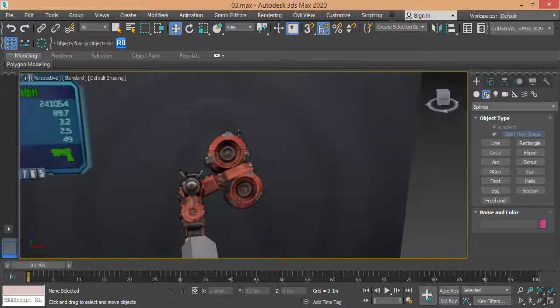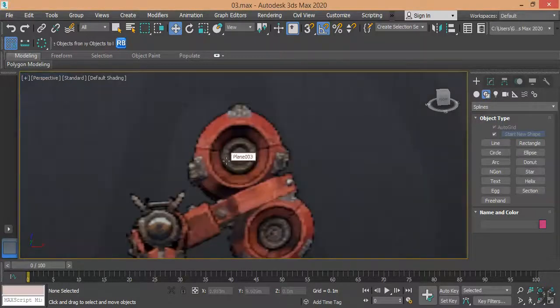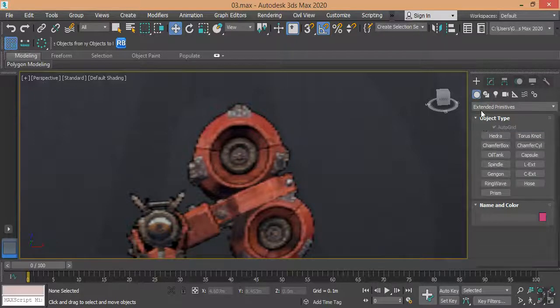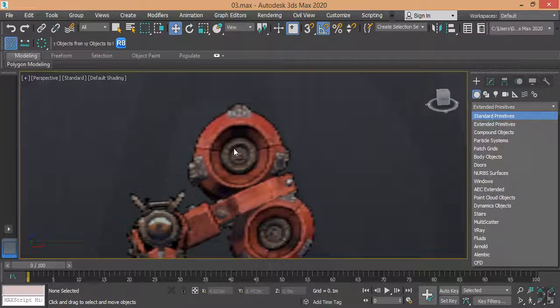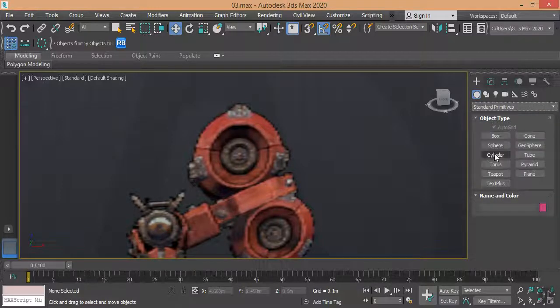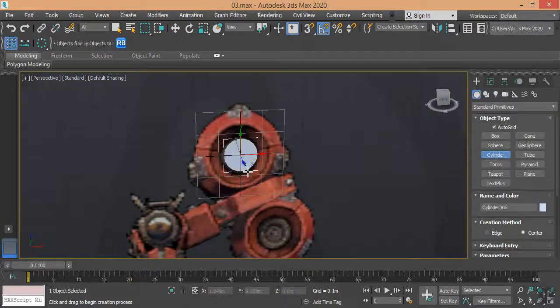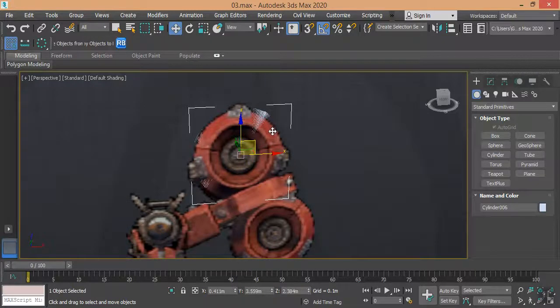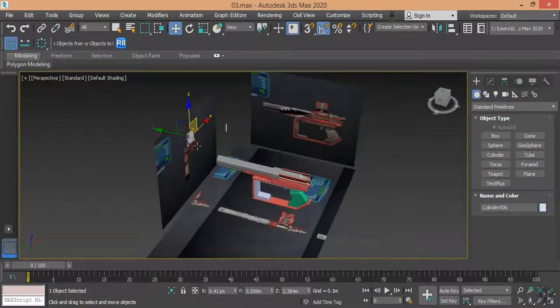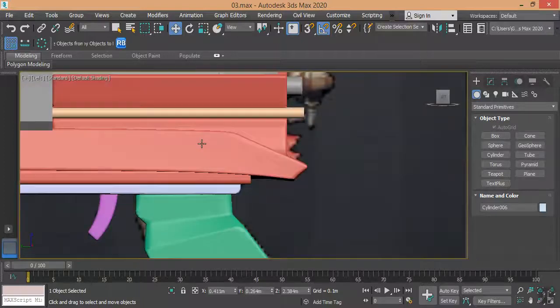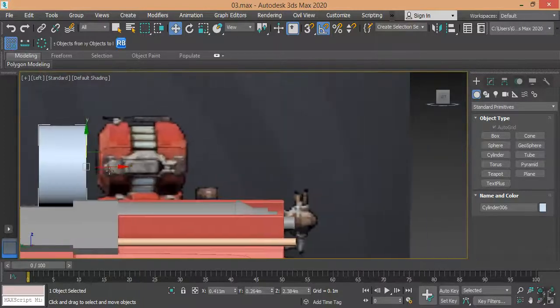In this part we will make a new technique for modeling. We have many more techniques to make this, but I will make a new and easy technique. We will create a cylinder like this. Then I can move this cylinder from the left view to